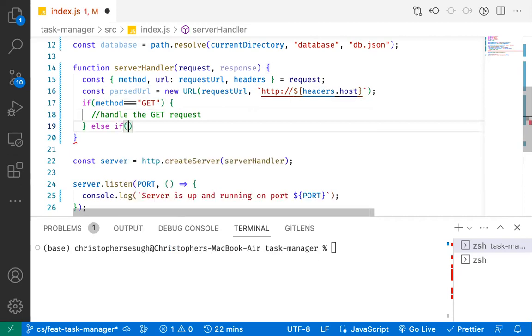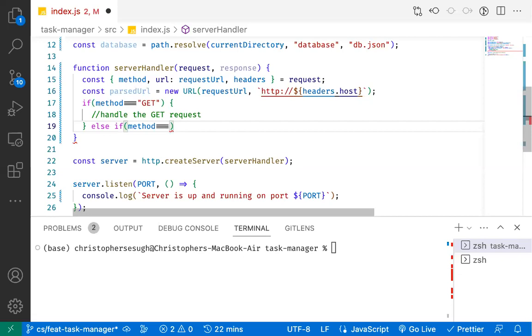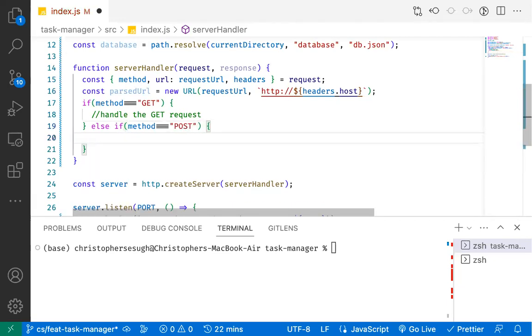Else, if method is exactly post, okay, so it will create before we can edit or delete, then we handle